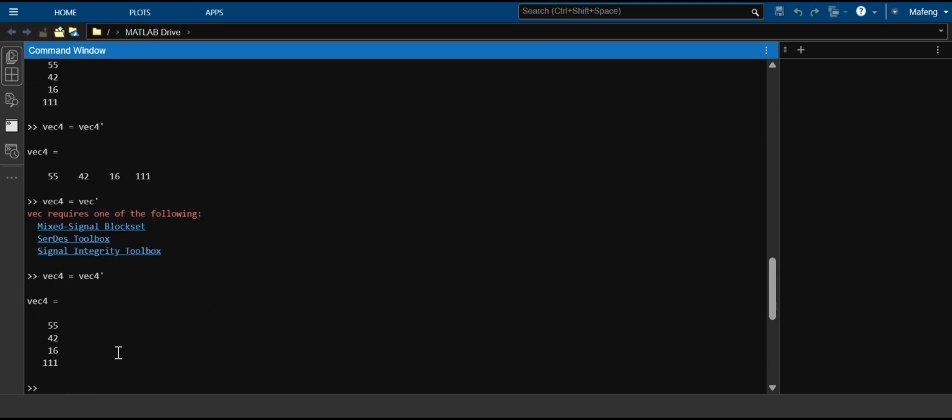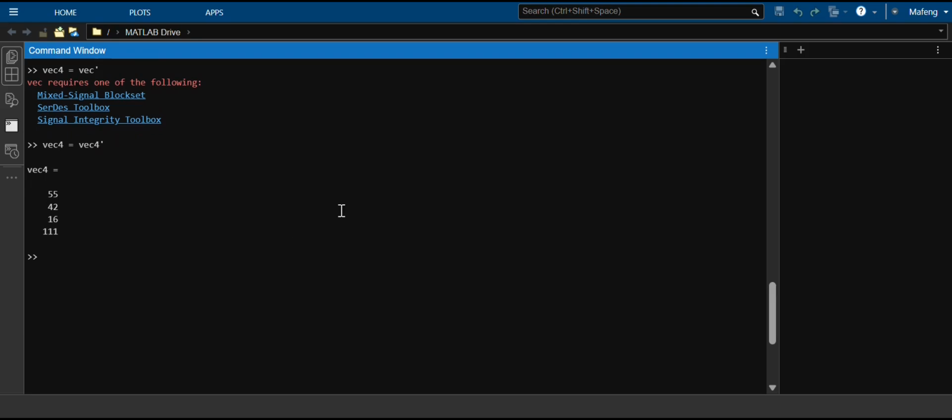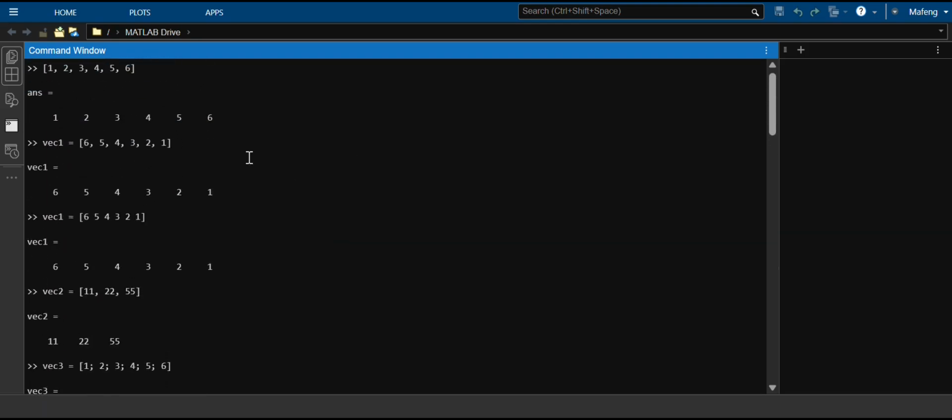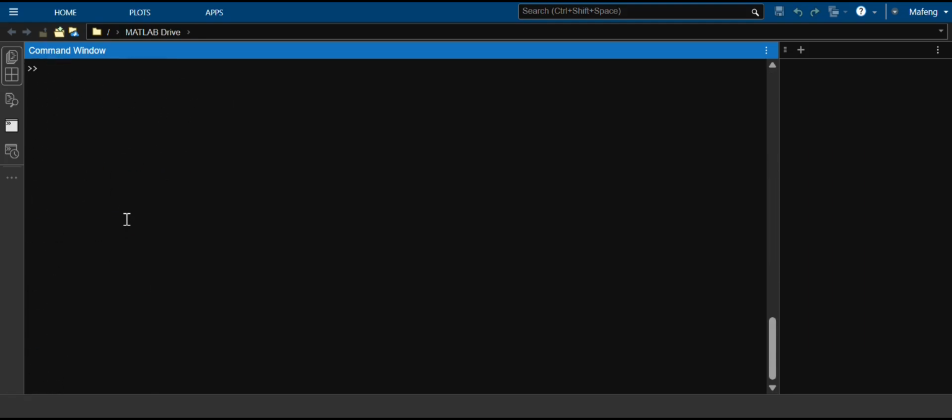Vector 4 is now back to being a column vector. Alright, so this is the first way of creating a row vector, just by listing out the elements. Same thing with a column vector. Another way of creating a row vector is by using